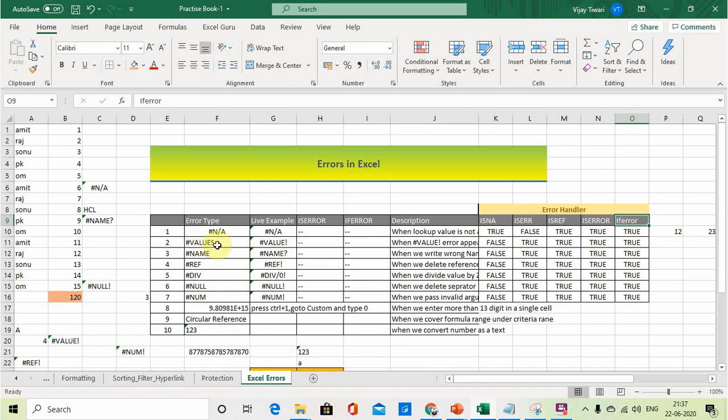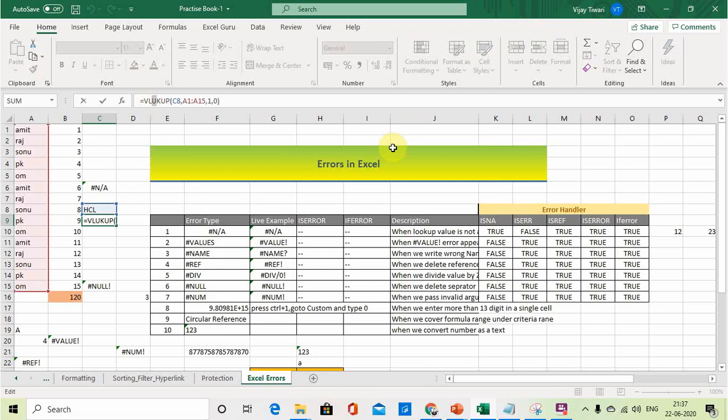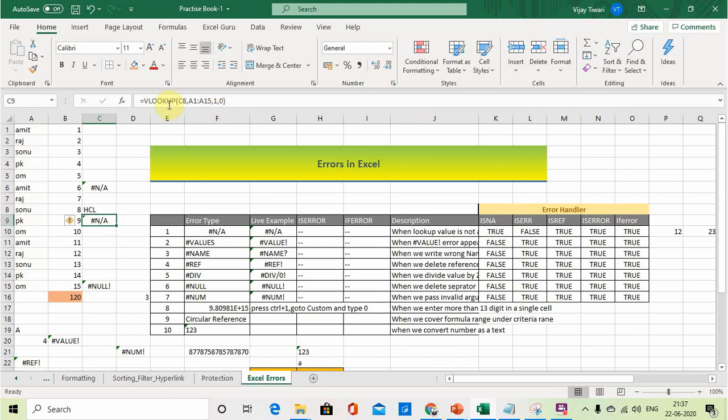So when we apply any formula that gives a #N/A or a #REF error, before that formula we can apply IFERROR. Like here it was coming #N/A, so I want that if #N/A is coming, instead of #N/A, you place something. You are searching for some value and that value is not available, then what should it show?